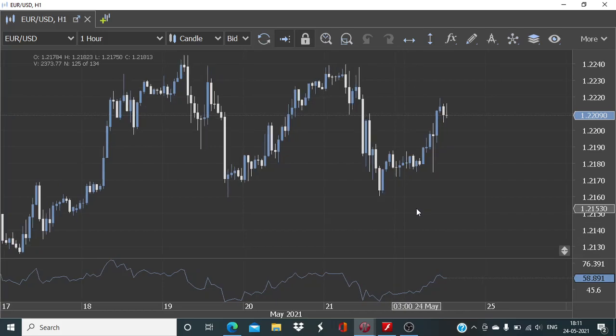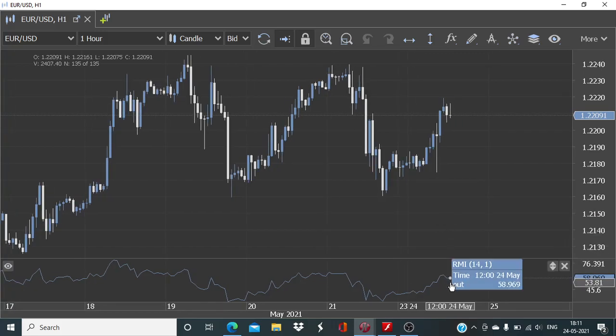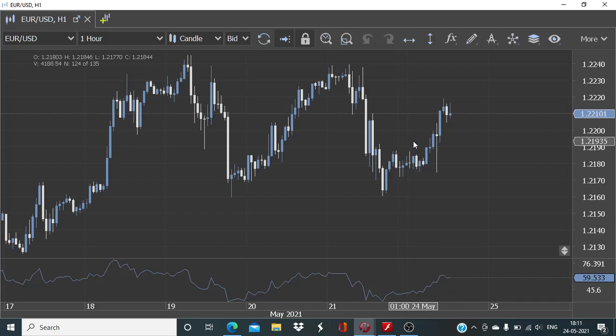And to rely on that, we are using the combination of three RMI blocks of the hourly time frame. One is the last, another block is of shift value 2, the penultimate hour, and the third block is going to be of the shift value 6. So that will help us retrieve the RMI output 6 hours back. And the penultimate hour's RMI output should also be below 50. And with these three indicator blocks giving the RMI output below 50 consistently, it means the underlying momentum has been bearish,